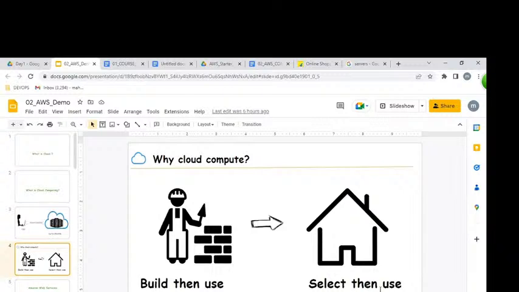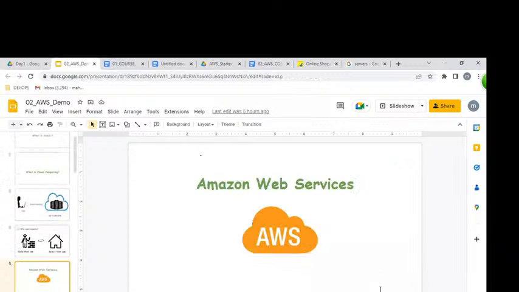But we are going to learn AWS, Amazon Web Services. Any cloud is the same, but the providers are different. Which provider are we going to learn, guys? AWS, Amazon Web Services.